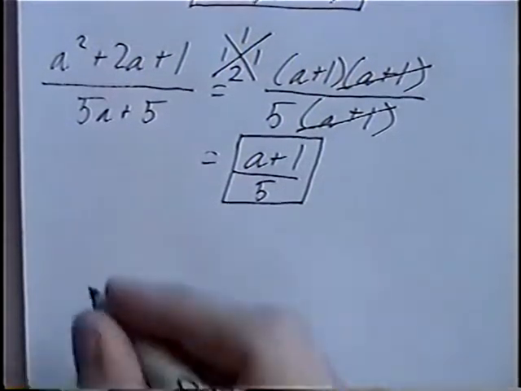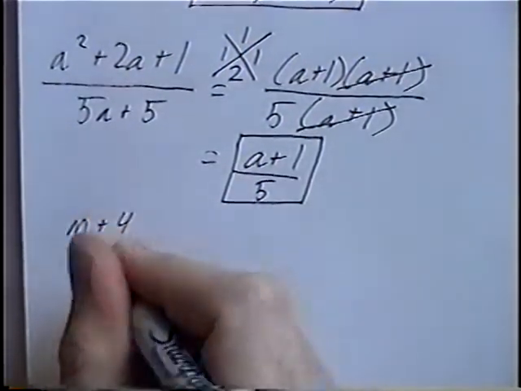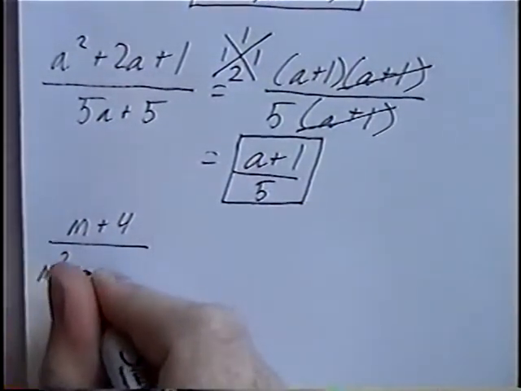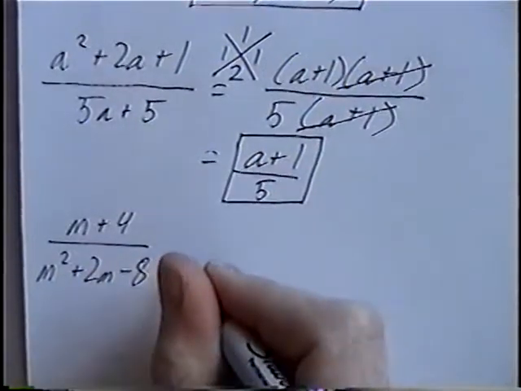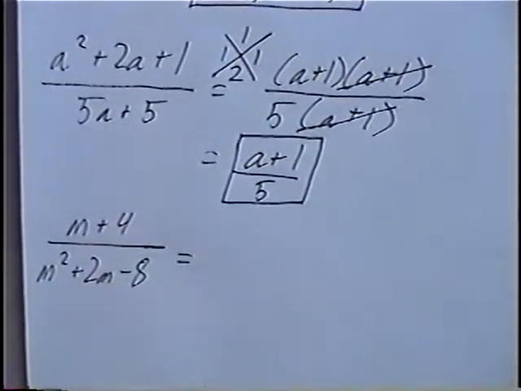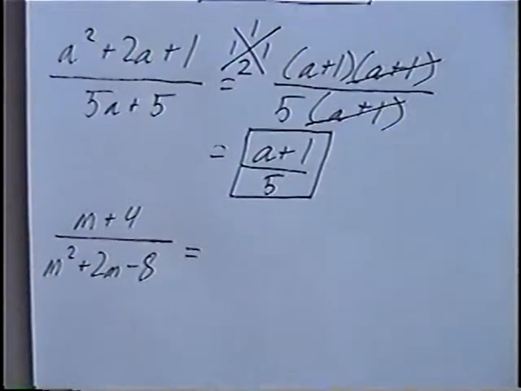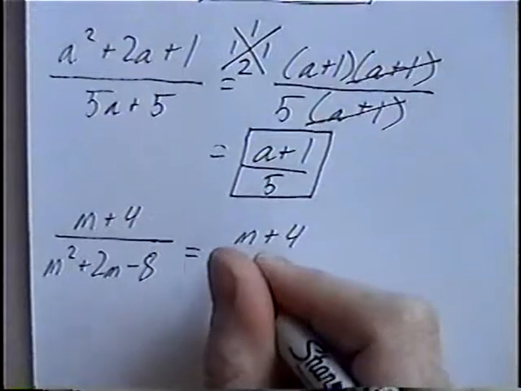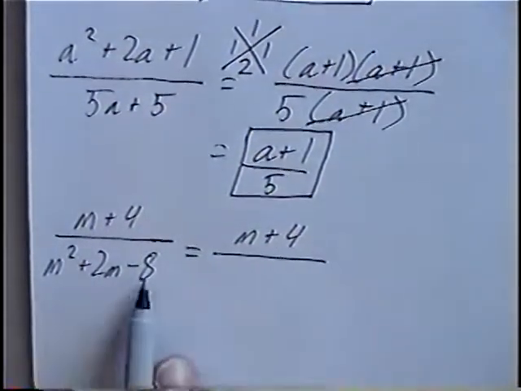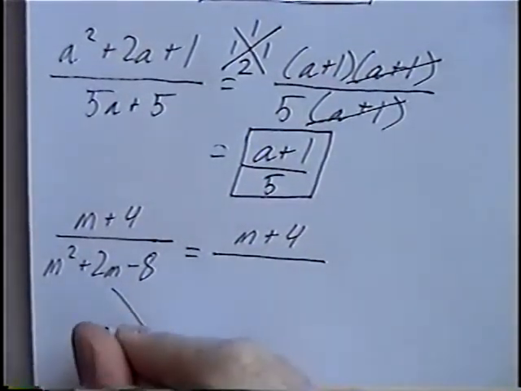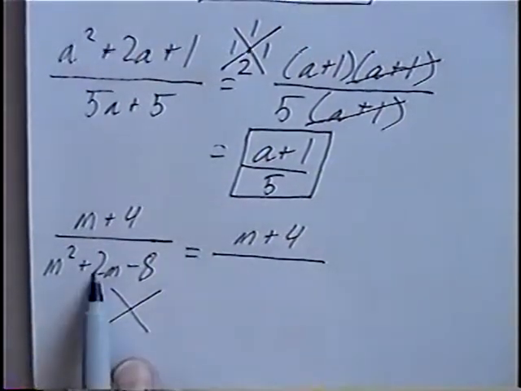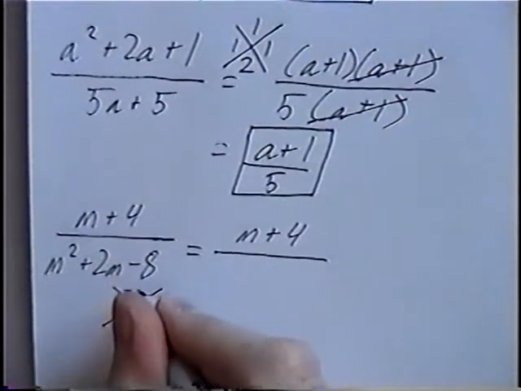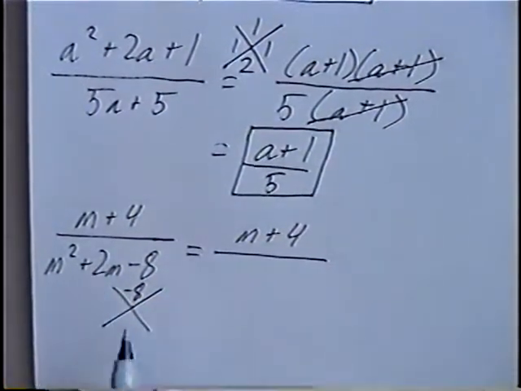And the last question for this section, m plus 4 divided by m squared plus 2m minus 8. For this question, m plus 4 is already factored and cannot be simplified anymore. For the denominator, again, anytime you have a trinomial, m squared plus 2m minus 8, you can factor by the diamond. Negative 8 goes on top, positive 2 goes on bottom,